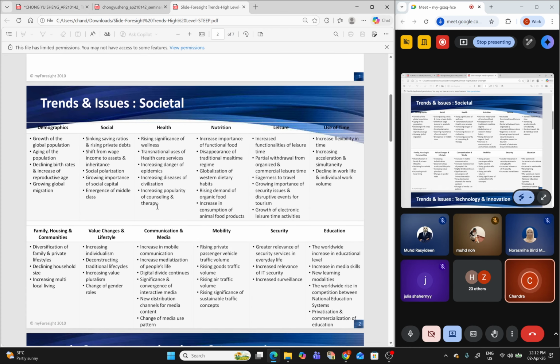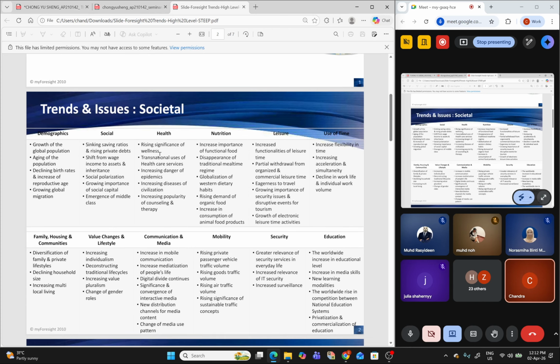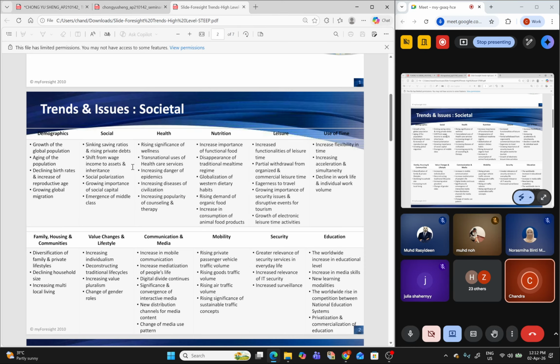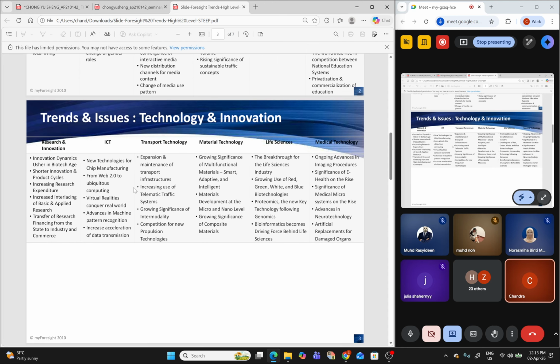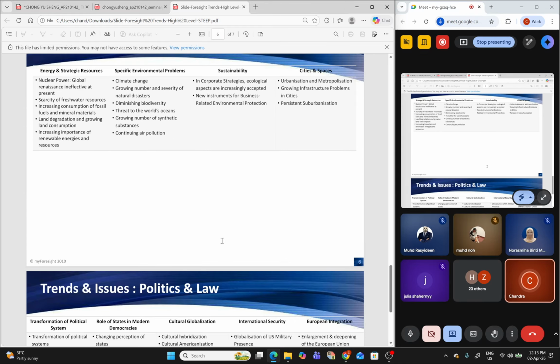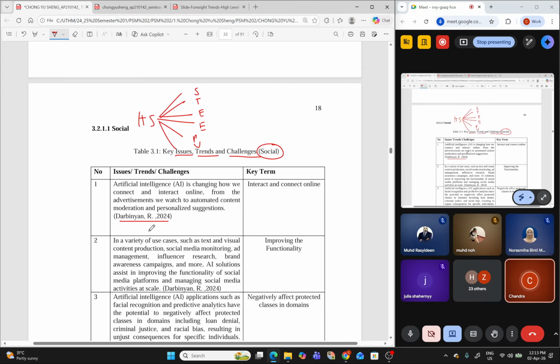So if you see, this is 10 issues on social. Kalau tadi you baca isu ni, okay, you baca ni, whatever issue you have choose here, if it is something related to anything here, okay, anything related to this one, you masukkan dalam social. Kalau anything related to this, you masukkan dalam technology. Kalau anything related to this part here, subtopic here, masukkan dalam economy. Boleh faham? Okay, that's how you do. That's how you categorize all these issues, challenges and trends.